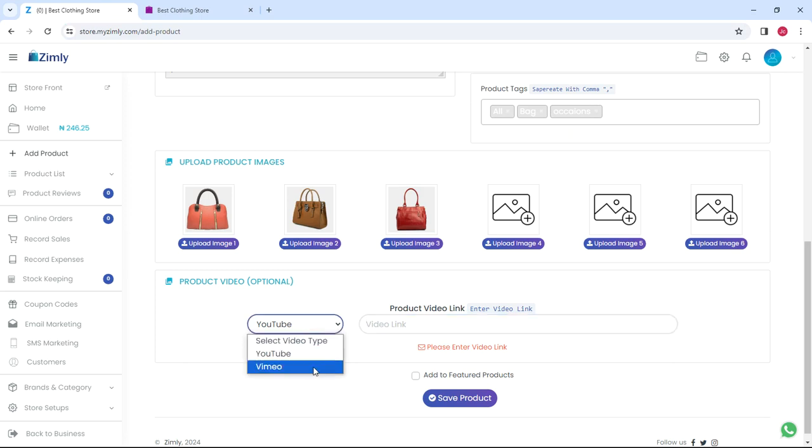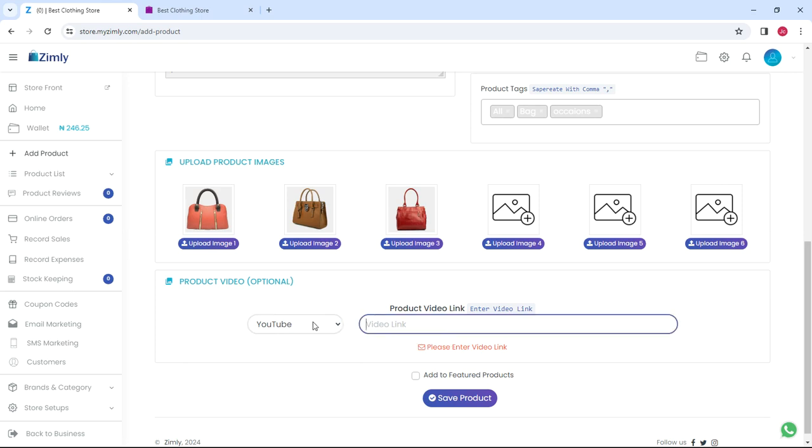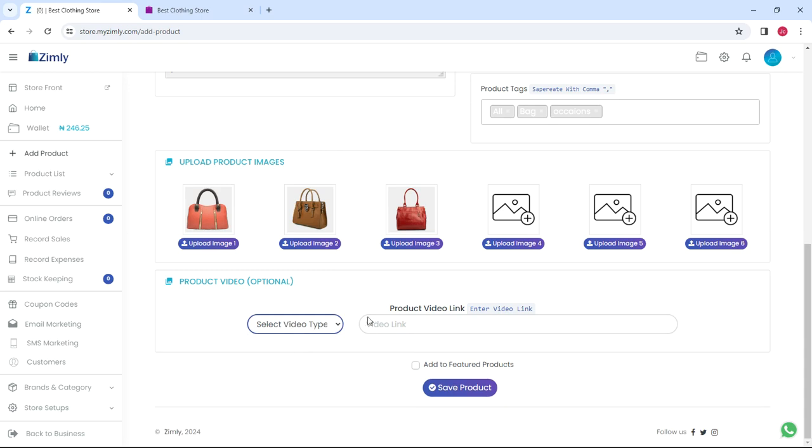So then if it's Vimeo, you add that. But I don't have any video, so I'm just going to leave it on select. But if you click on YouTube, that means you must add a YouTube video. So if you don't have any video, just leave it on select video type. Okay, so I don't have. Then the next thing is